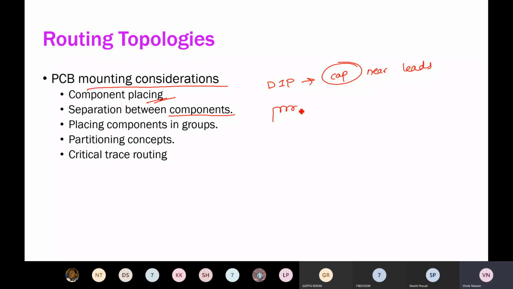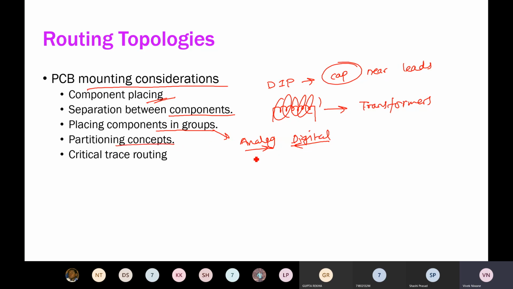If in some cases we are going to use inductance, then this is going to create electromagnetic interference. We cannot get rid of the inductance if we are using transformers, whether toroidal transformers or the usual bulky transformer. Everywhere you will find inductance, and they will have their field around them. Then placing the components in groups: always try to have the analog components placed together and digital components placed together, so that the changes in the analog will not hamper the changes in the digital and vice versa.